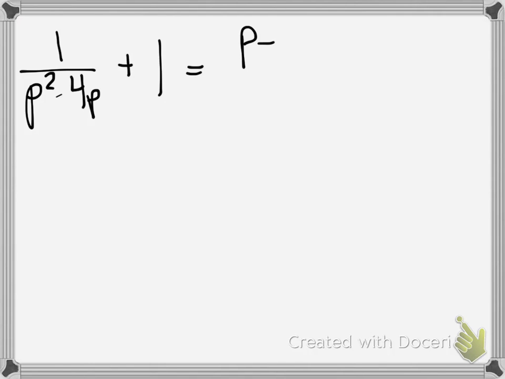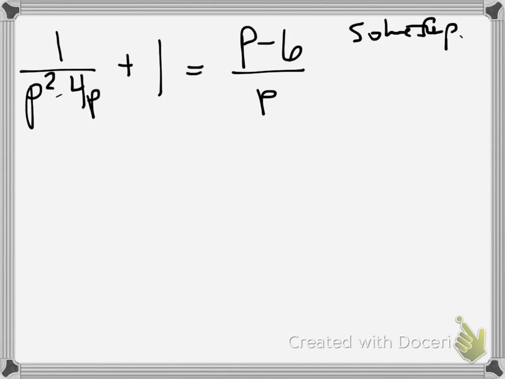All right, now let's start looking at some rational equations. So here's an example of one. Let's look at something like 1 over p squared minus 4p plus 1 equals p minus 6 over p. And the directions might say something like solve for p. All right. Well,